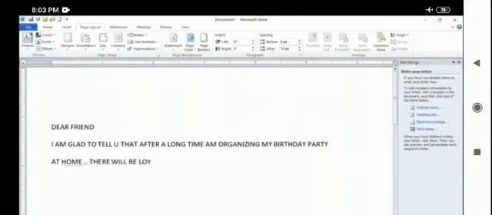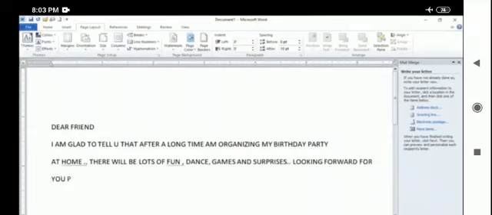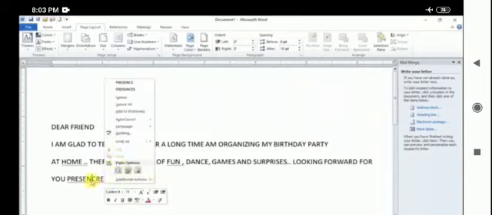There will be lots of fun, dance, games and surprises. Looking forward for your presence. I will be very happy